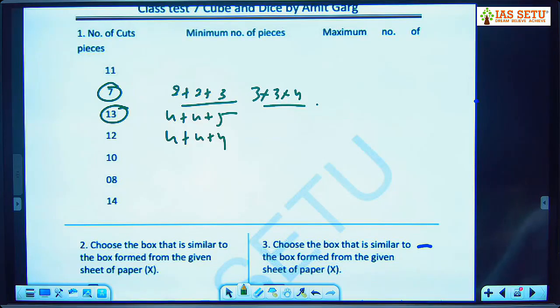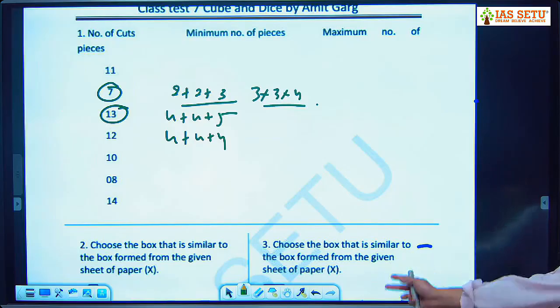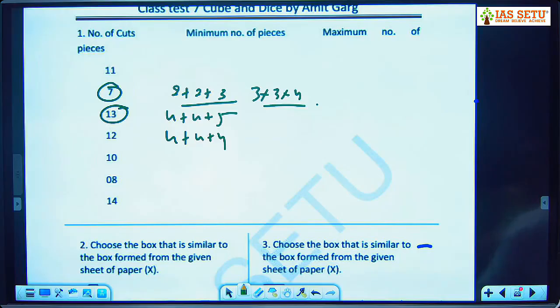OK रवि, that I will discuss next class, 2 3 4। ये अभी मैंने आज डिस्कस ही नहीं किया है, ये आप प्रैक्टिस कर लेना। This is your homework, 2 3 4 from the class test, this is your homework। तो आप you try it, ठीक है रवि? Tomorrow I will discuss this question।